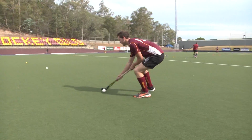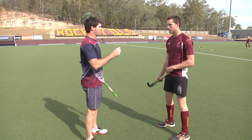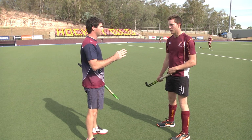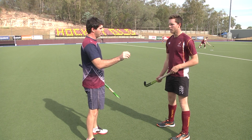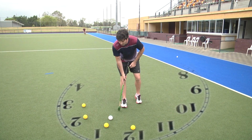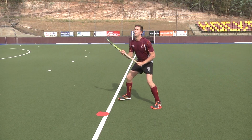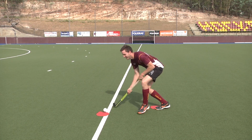So Blake, now that we've talked about the technique, we want to look at the progression from this, that when you actually receive the ball, where you want to be able to position it. Ideally, you want to knock it out in front of you, just in front of your right foot, so it's in that 1 o'clock position on your forestick, so that next touch you can make a pass. Or you've got the ball in a nice strong position to be able to protect it and control the